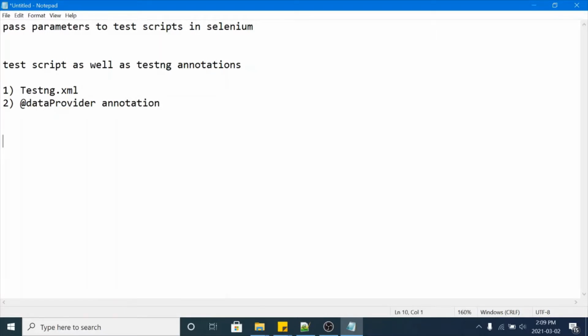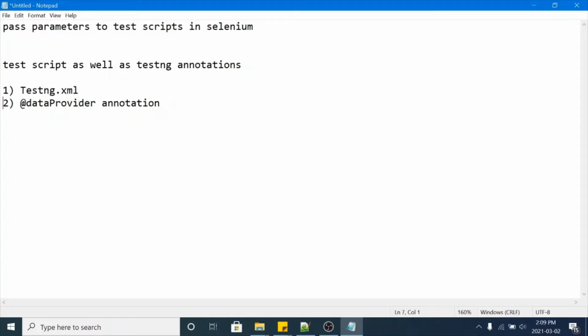Okay. So in today's session, we will cover only testng.xml file, and we'll see how to pass parameters from testng.xml file, and how to use these parameters in your test script. Okay.